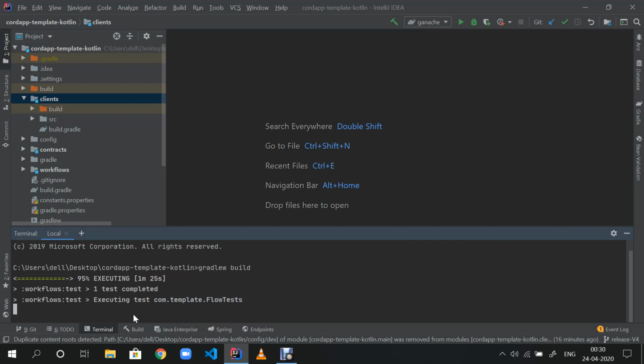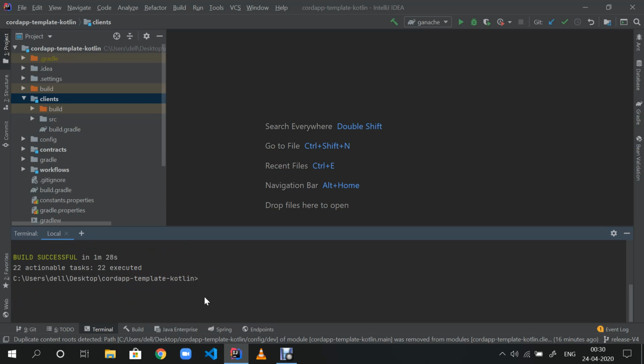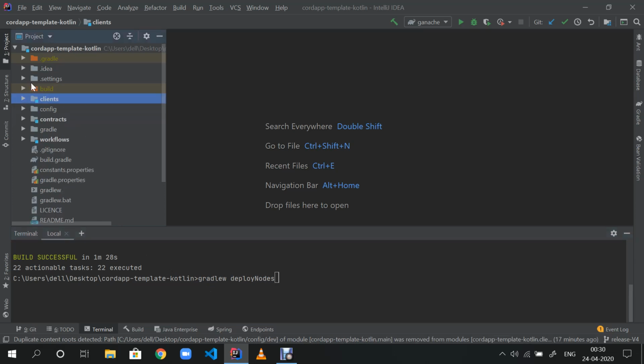It takes 2 or 3 minutes to complete the build. So after the build is complete, the next command is deploy nodes. You can see before entering this command, this build folder has four folders: Kotlin, libs, resources, and temp.